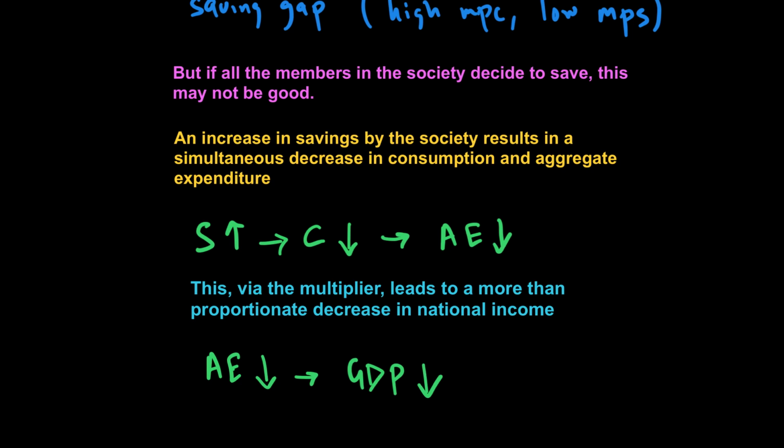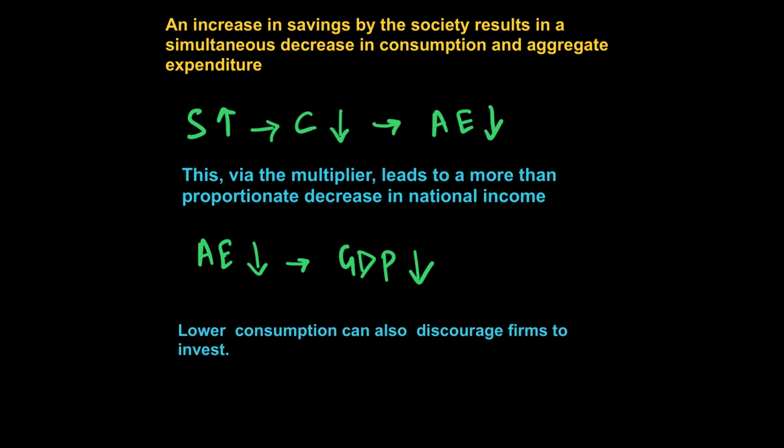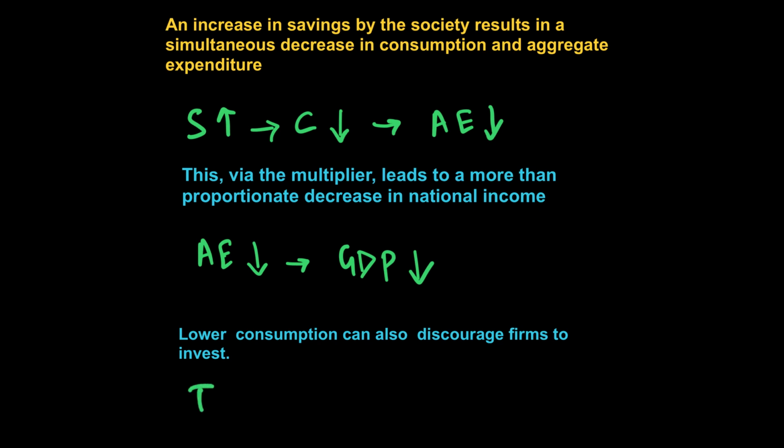Because of this fall in GDP, the firms will realize that the demand is shrinking in the economy. So the next step for the firms will be to cut down investment. What we are implying is that lower consumption can lead firms to be discouraged to invest, and this low business confidence is also going to affect the GDP of the economy. How? When I goes down because of the lower consumption, AE will fall further, and when AE falls, via the multiplier,